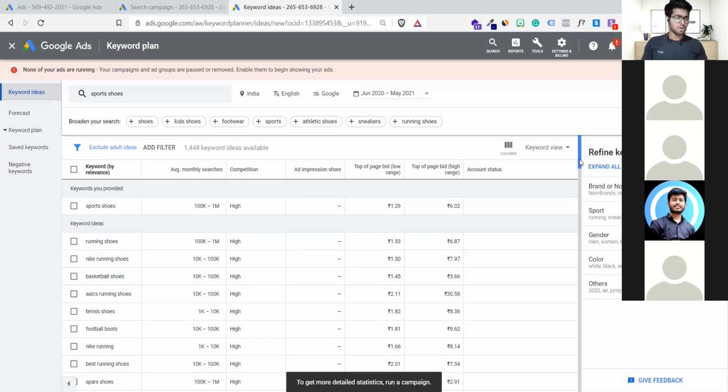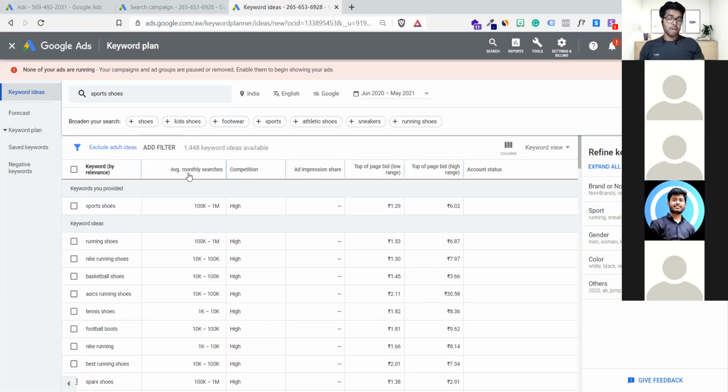If you are into SEO, you must be using a lot of tools like SEMrush and Ahrefs to get the keyword average monthly searches, competition, impression, click-through rate and all. But you can also use your keyword planner for your SEO requirements. If you are searching for what kind of keywords you should use on blogs, you can use this. You will find what exactly people are searching.